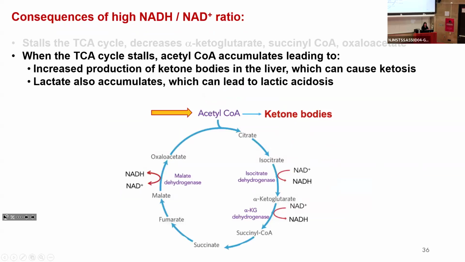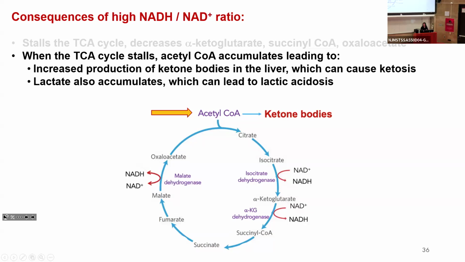And if you have TCA cycle stalls, acetyl-CoA will accumulate, right? Acetyl-CoA accumulation will make then that you have more ketone bodies. And the accumulation of ketone bodies can now cause ketosis, the drop in pH in your blood. And the lactate, because you can't go into the TCA cycle, if pyruvate cannot go to acetyl-CoA, you'll just make more lactate. So you're making a lot of acid, and now,